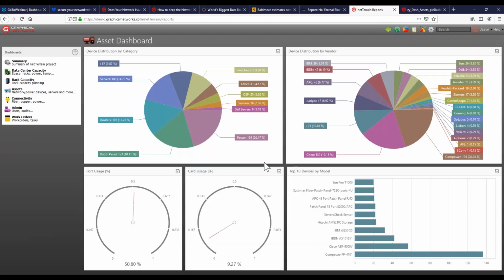So, bringing data into our system, we give you different options for that. You can do things like Excel import. Of course, you can manually create things. We can also tie into external data sources. We can do SNMP discovery, so you can get into layer 2 and layer 3 links. You can discover your devices that are out there that are SNMP enabled. We also have what are called connectors to data sources, things like SolarWinds,